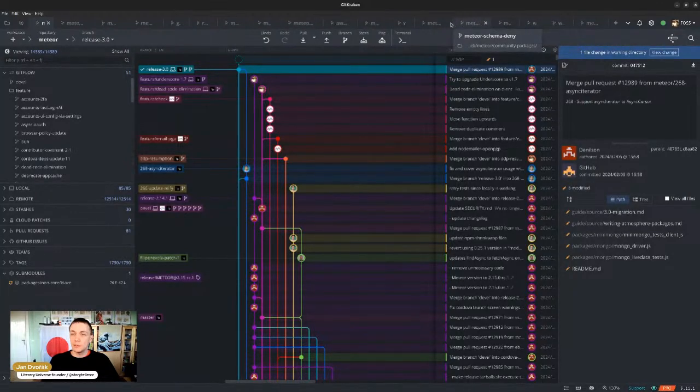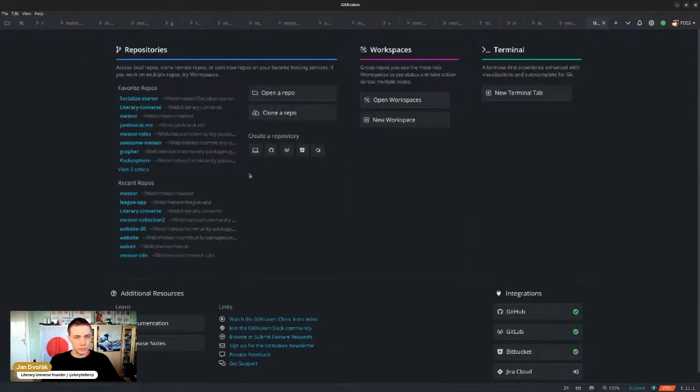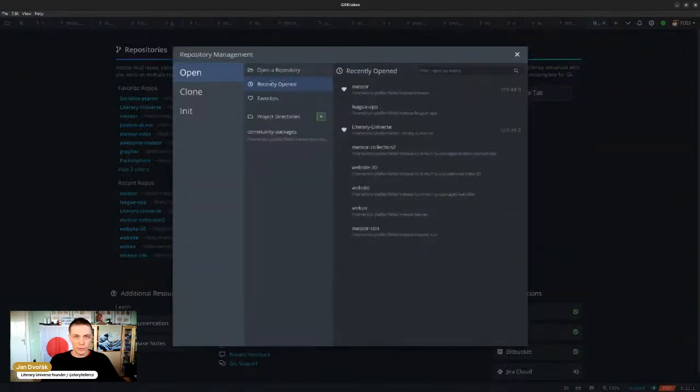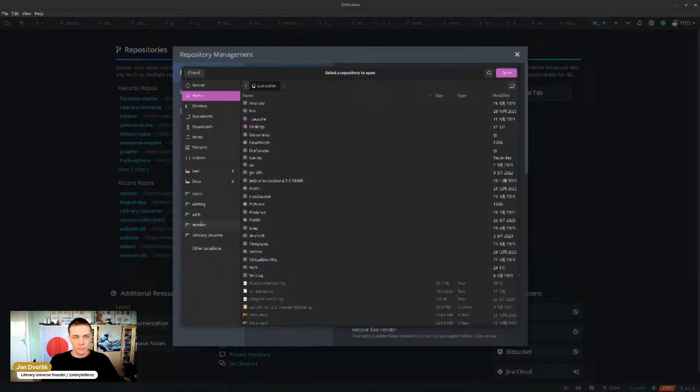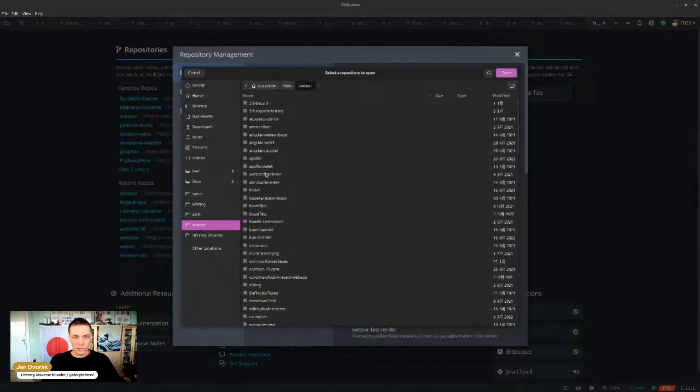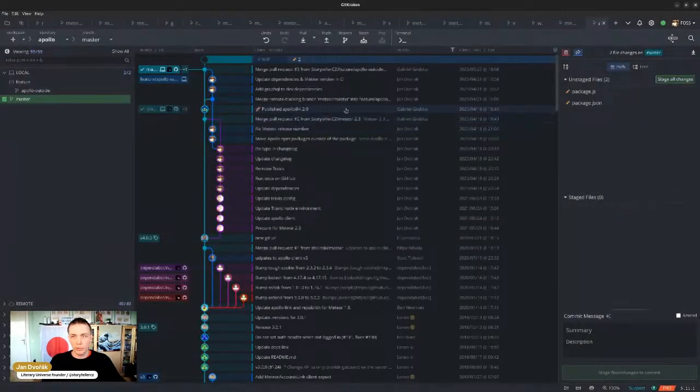And let me see if I have it already open here or not. Not, so I'm going to open our, it's not a community package. So I think it's over here, is the Apollo